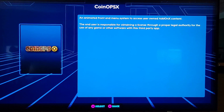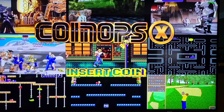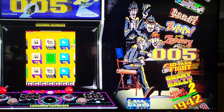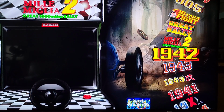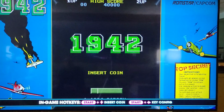And once you have rebooted, you will go back to the App Store, where you will go to CoinOpsX again, hit A to select, and you will launch. And this will launch you into CoinOpsX. And then after it loads, you will come into this great little interface where you have this wheel on the side that goes through all the different games, and it comes up starting on all games, so you can cycle through every game in the list. And of course you can press A to launch a game,